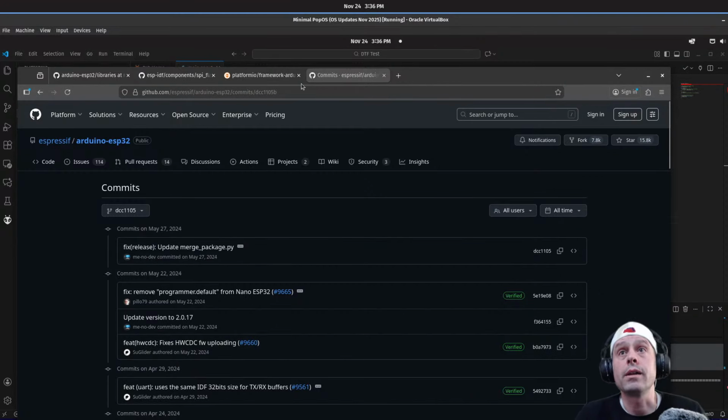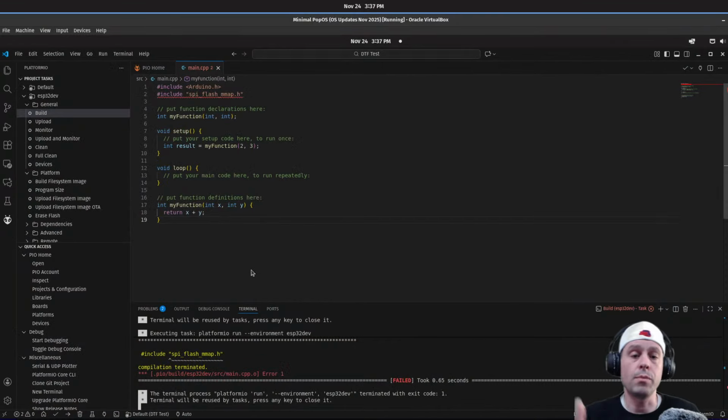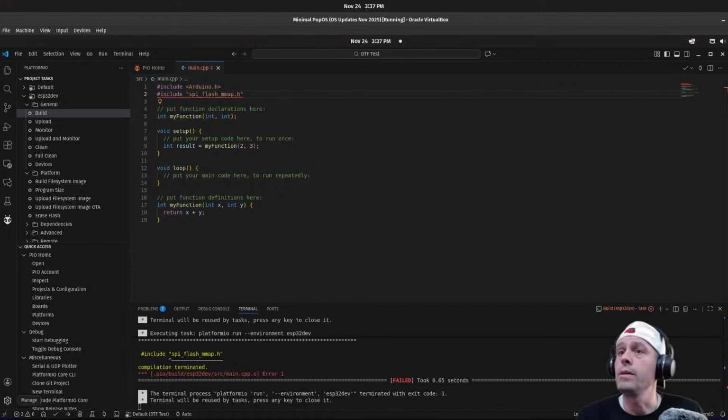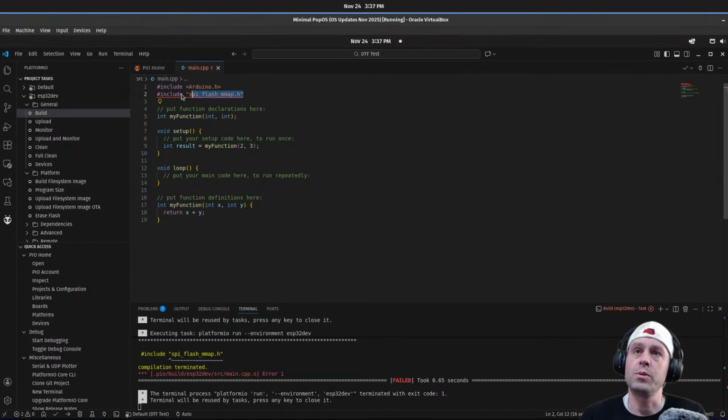Okay, so again, that's what's happening right out of the box. I haven't done anything crazy. This is just the default state of PlatformIO as of November 24th, 2025. We're using a 1.5 going on 2-year-old version of IDF as well as the Arduino core library. And why did I pick this in particular? So we're who knows how long into the video here, but the actual issue that my customer is having.